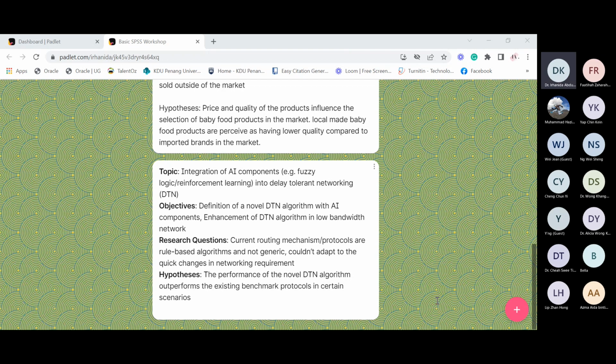Maybe at this stage, because some of you are not really clear about the topic and the objective, you can't really finalize your IV and your DV.